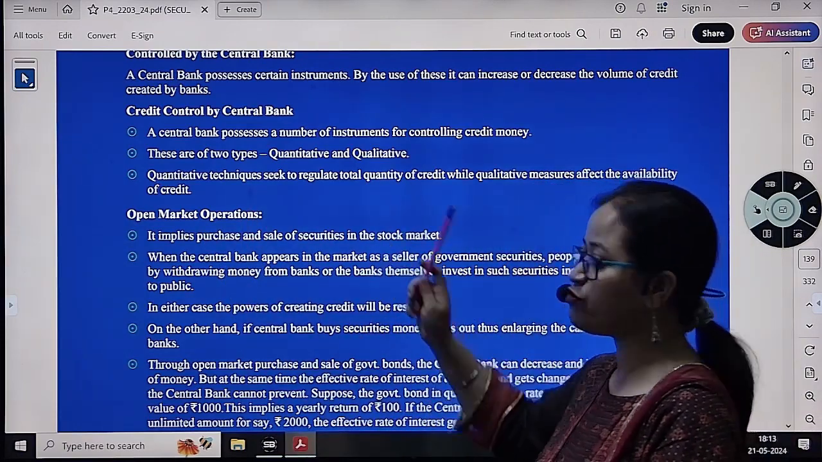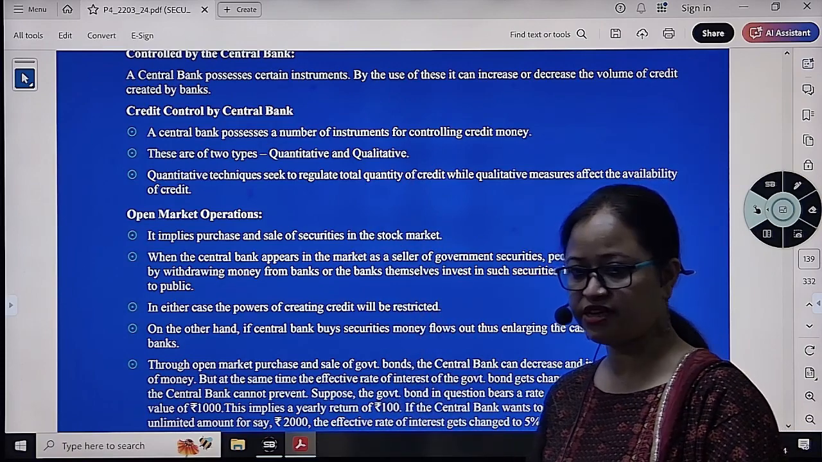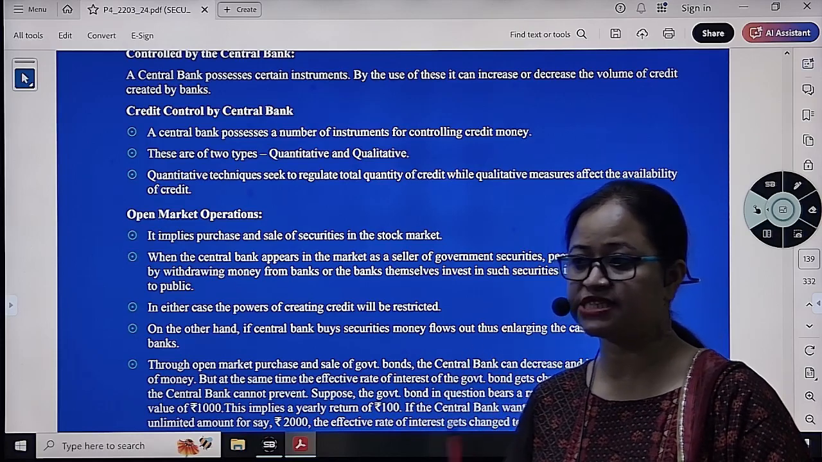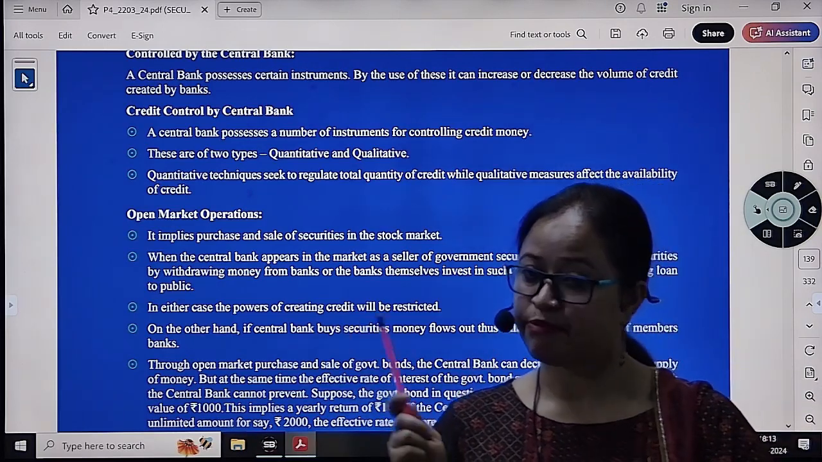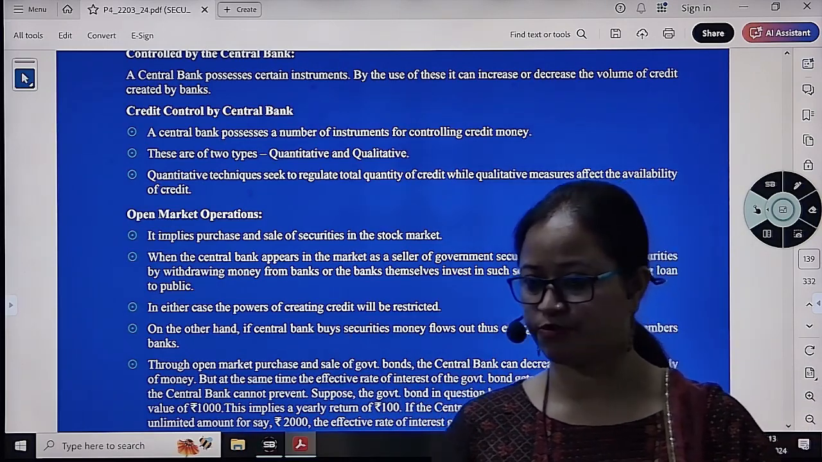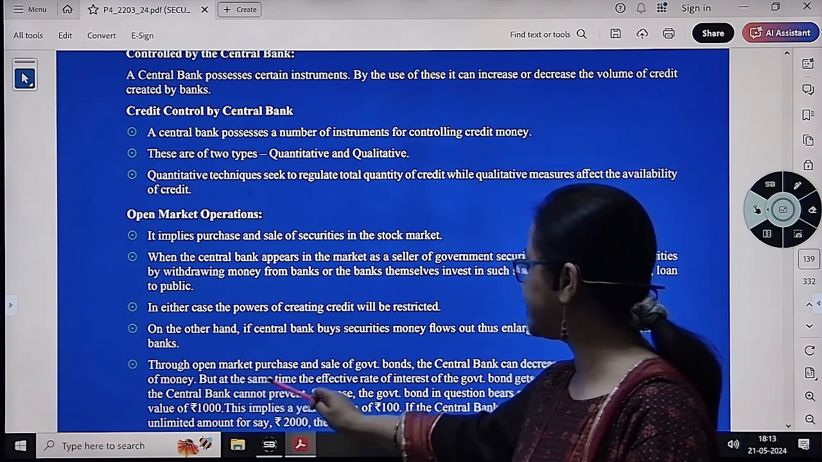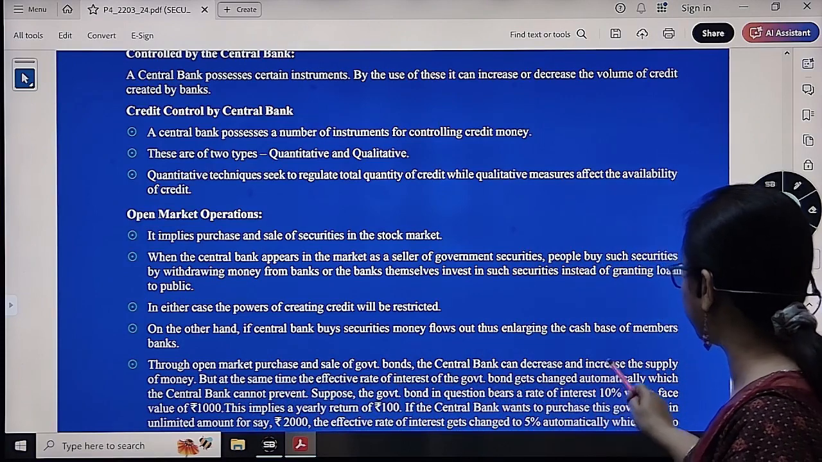Now if they buy, what will happen? Now you have understood. And if they sell, what will happen? You have understood. So the simple meaning of open market operation is buying and selling of government securities by the central bank in the stock market, in the market. Fine? Understood? Okay. But at the same time, the effective rate of interest of the government bond gets changed